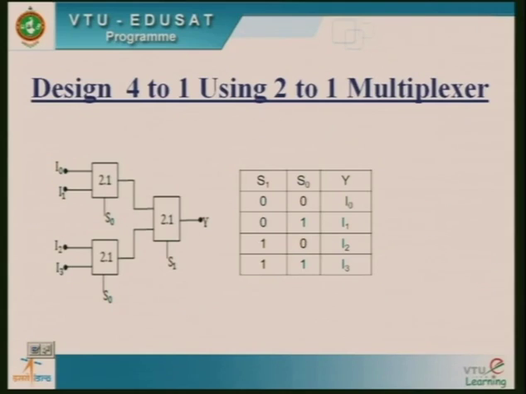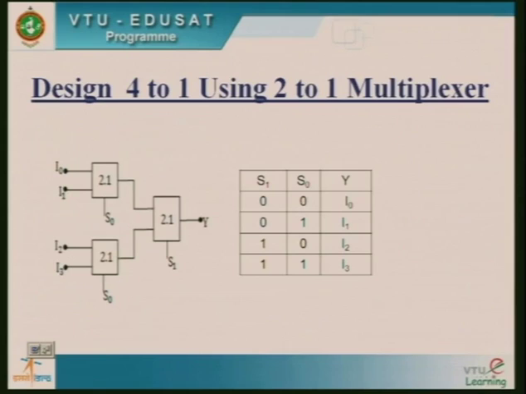Suppose you have 2:1 mux and you have to build 4:1 mux. So you are going to design. So let me start with designing 4:1 mux using 2:1 mux. As we know, for 4:1 mux we require 4 input lines, 2 selection lines and 1 output line. But we have in 2:1 mux 2 input lines, 1 selection line and 1 output line. So now let us discuss how the designing is done.